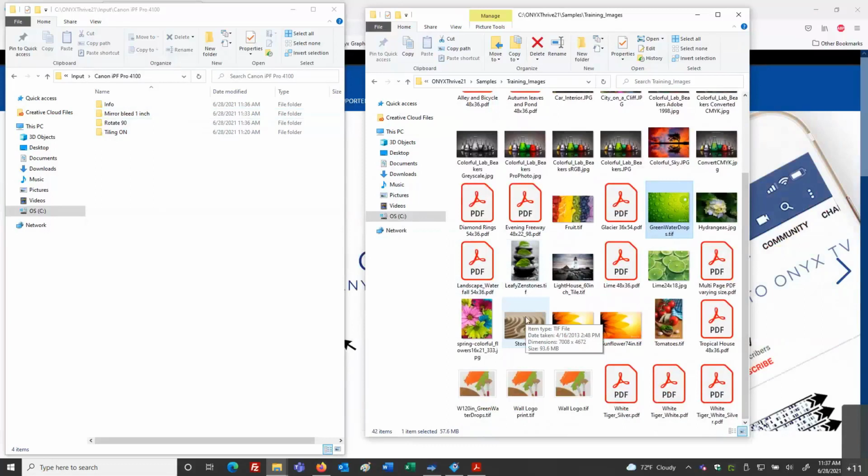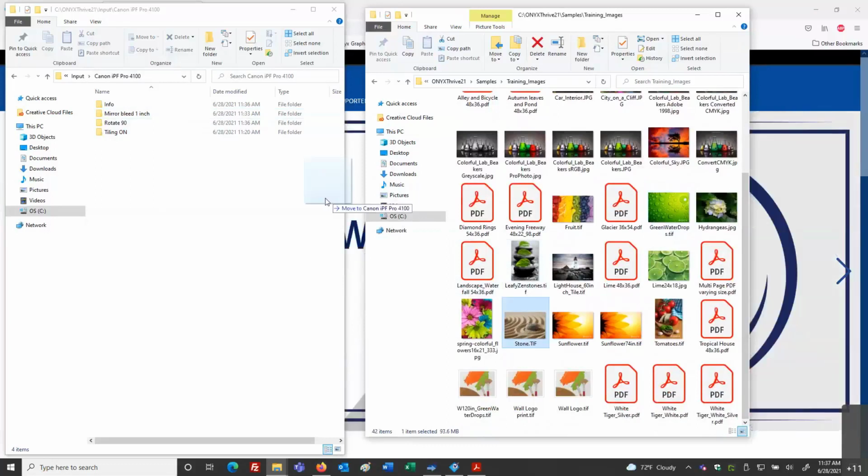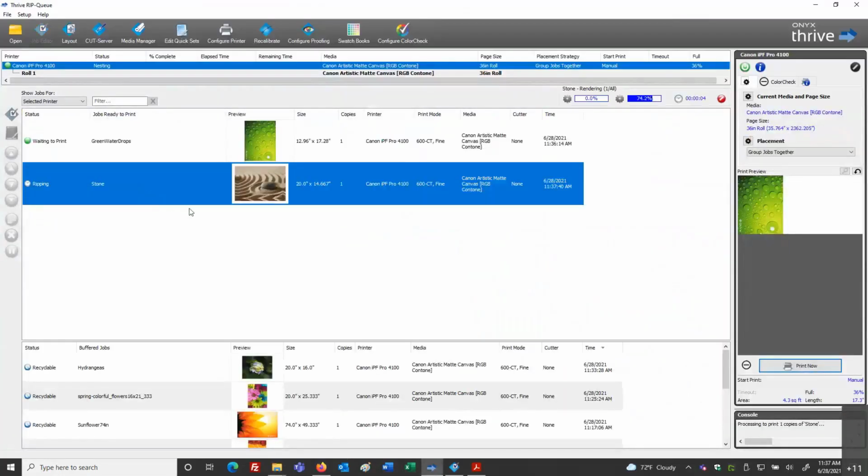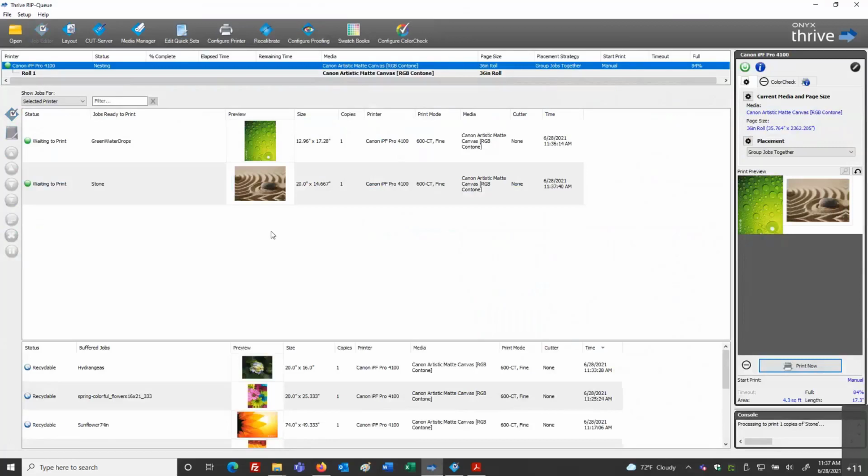So again, I could just take my file, drag that information over, put that in the hot folder, return to my RIP, and I'll see the file is coming in, ripping, and this has those attributes set for the quick set. So quick sets create hot folders, and hot folders could be shared across your network. And then as a shortcut on your desktop, this is something that some other team of people could be sending files over appropriately to the printer to the right quick set.